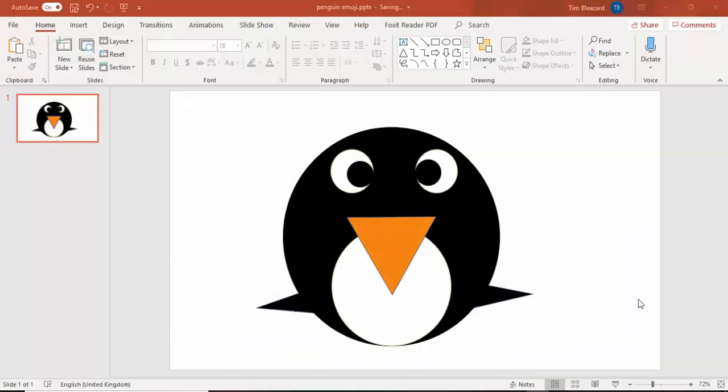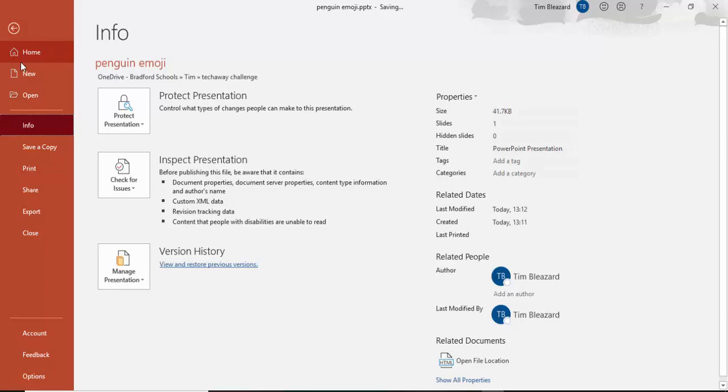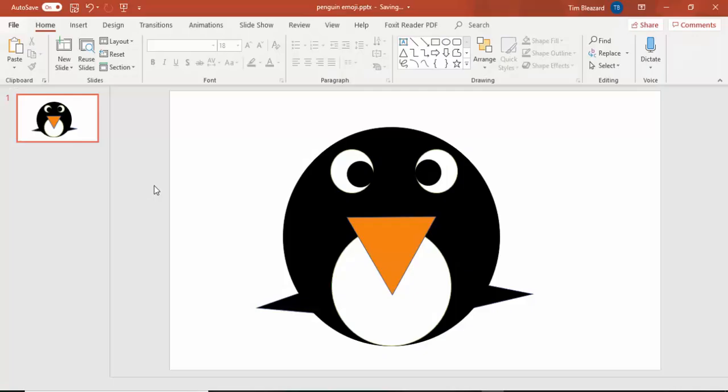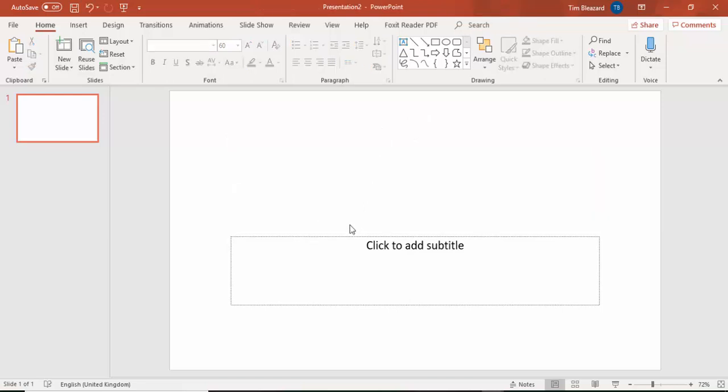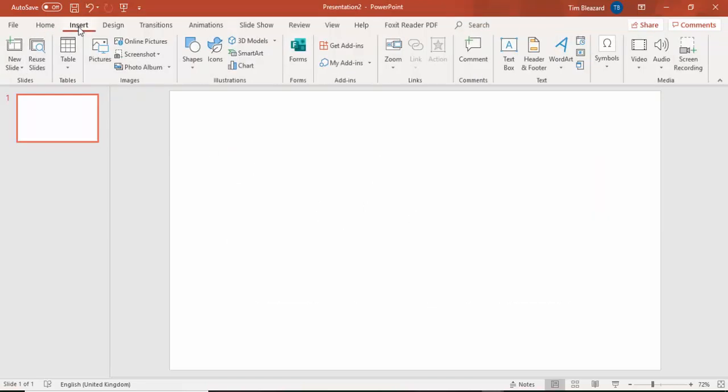So here is the same penguin emoji that I've made in Google Drawings, but this time I've made it in PowerPoint, and it's very, very similar. What I've done to start with is I'll just make a new PowerPoint. I won't do all of this because you'll soon get the idea from looking at the last one. I'm just going to click on these little areas here and get rid of them. But what I need to do is go to Insert and go to Shapes,